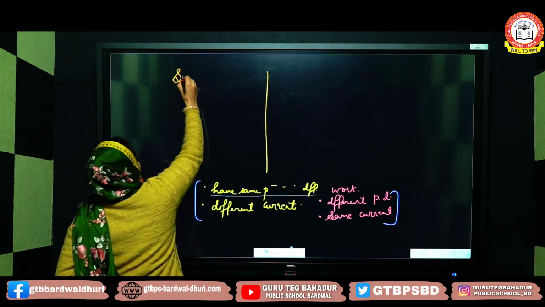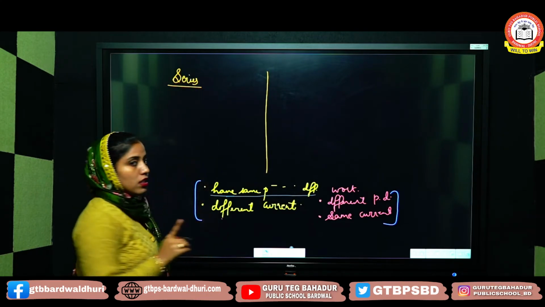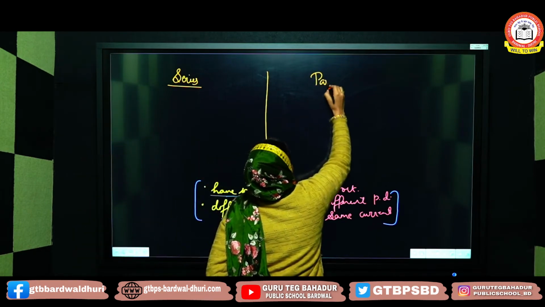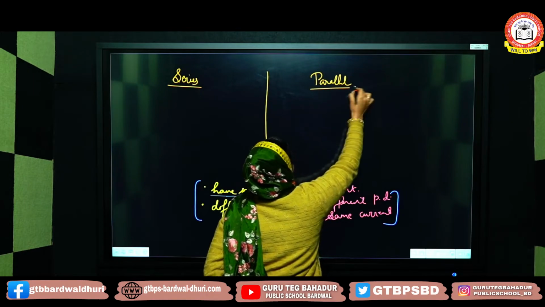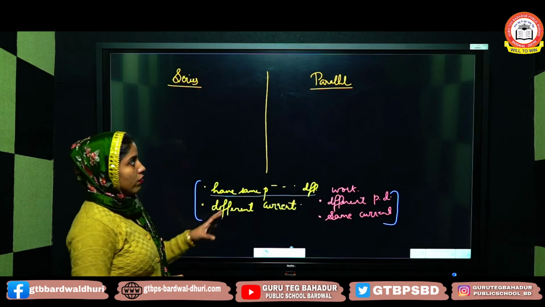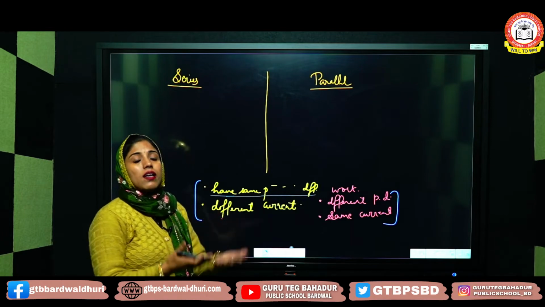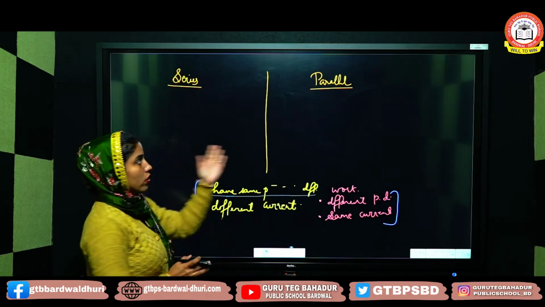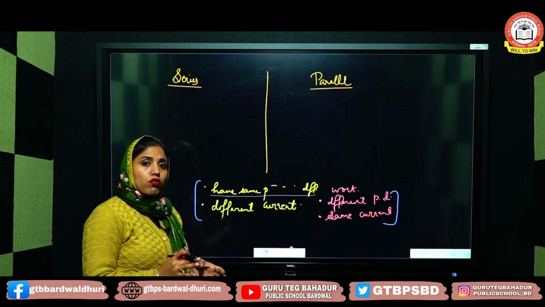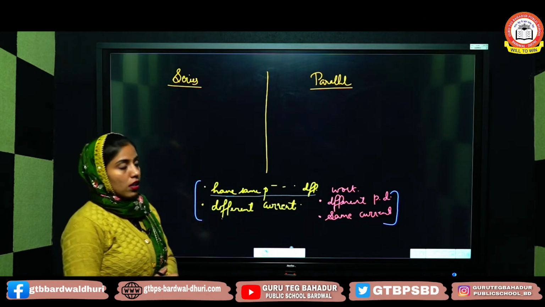Here I'll do the derivation for net resistance when the resistances are connected in series, and here I'll do the derivation when a number of resistances are connected in parallel. What we have to find out is, if 2, 3, 4 or n number of resistances are connected in series or in parallel, what would be the result for their overall resistance? Will the resistance of the whole circuit increase or decrease? That is what we have to do here.